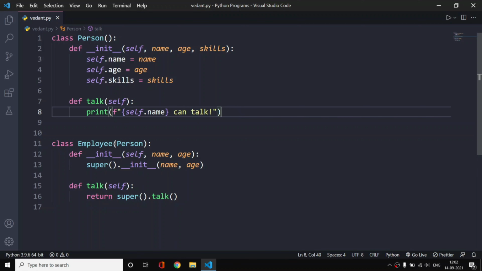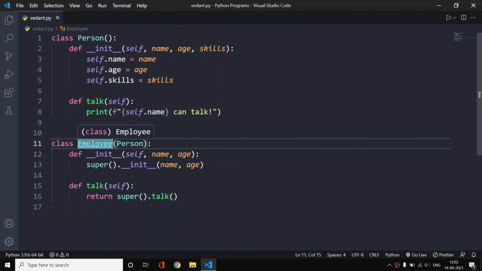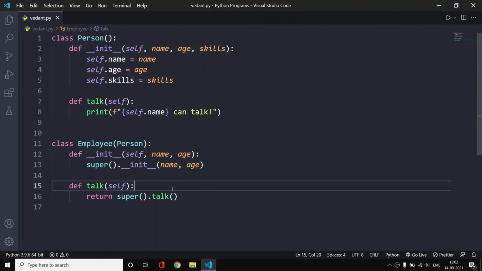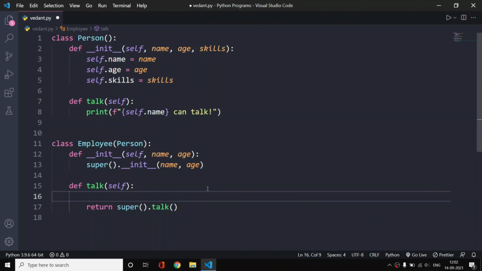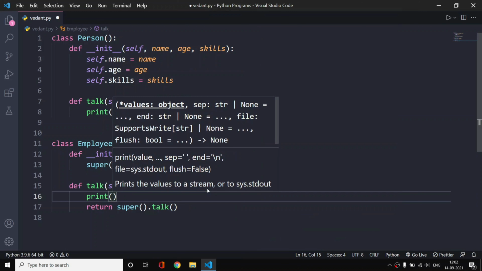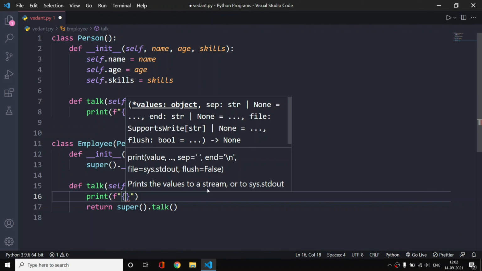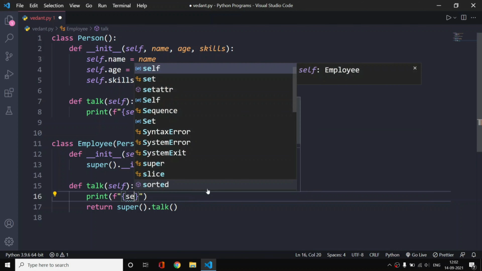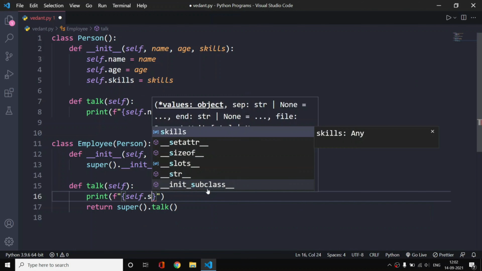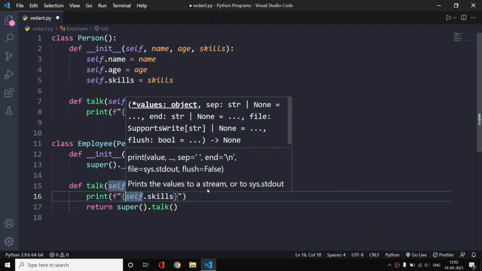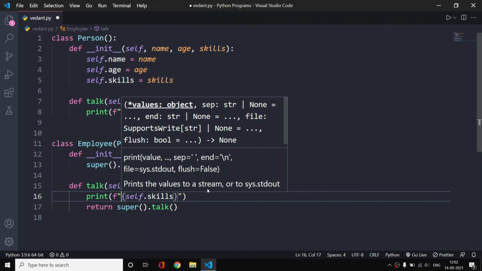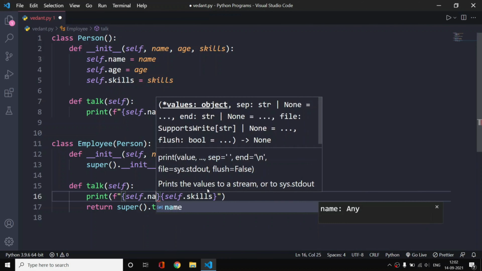But now there is an employee. This employee can speak English very well, or if he has skills, then what we can do is print an f string, and in here we will print self dot name.